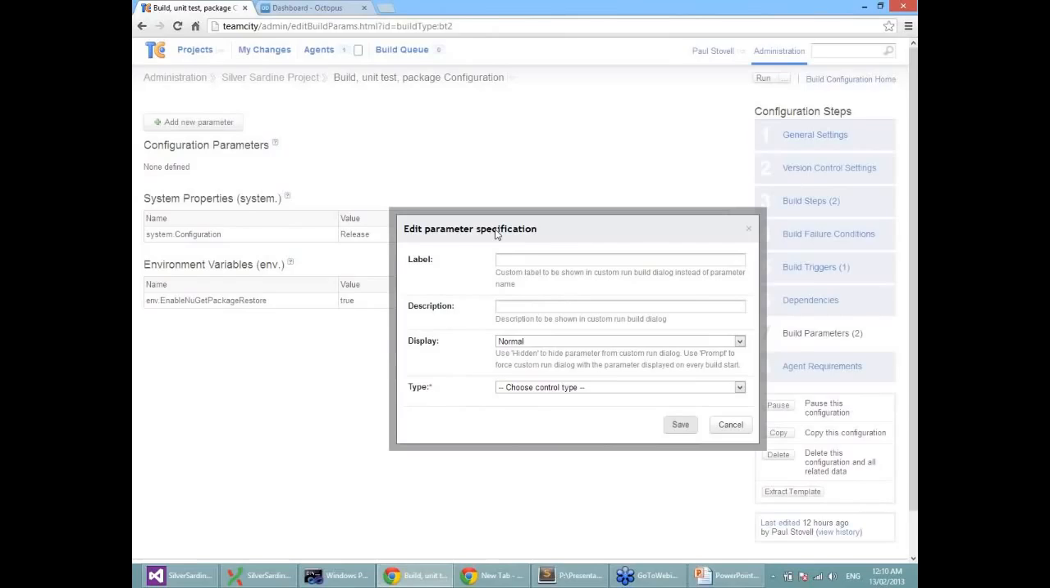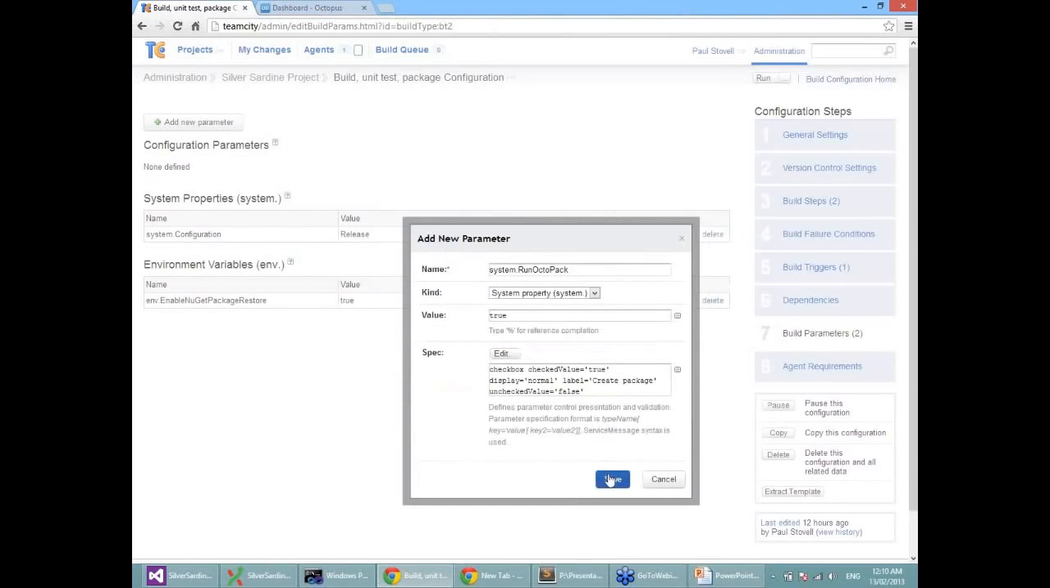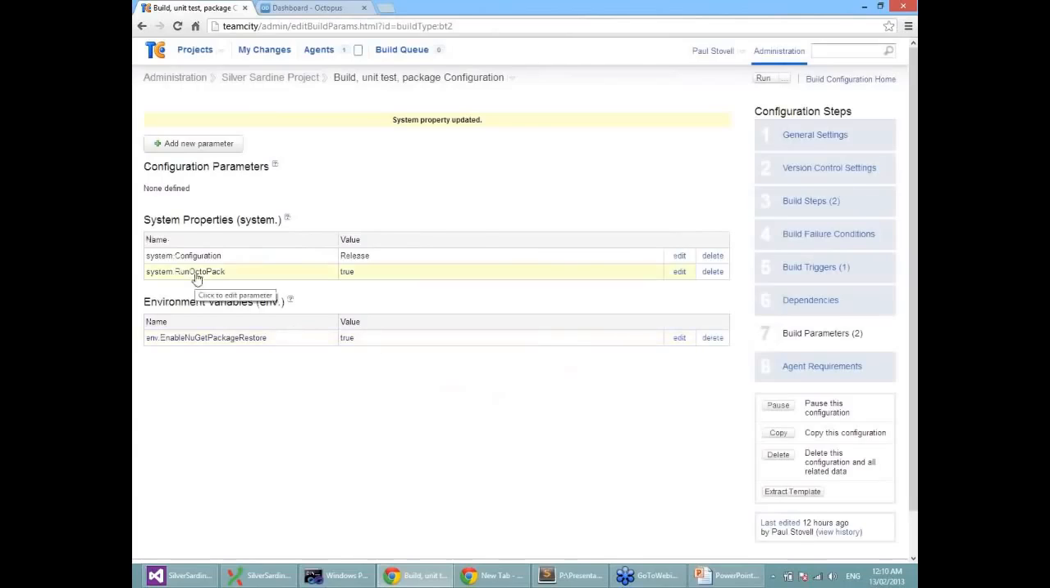and I'm going to make it a checkbox, and if it's unchecked the value will be false, and save that. So this run octopack property will be passed into msbuild, and we're going to install a little msbuild set of targets in our sample project, which is going to allow Octopus to automatically create these NuGet packages. So that's the first parameter I'll set, and the second one will be called octopack